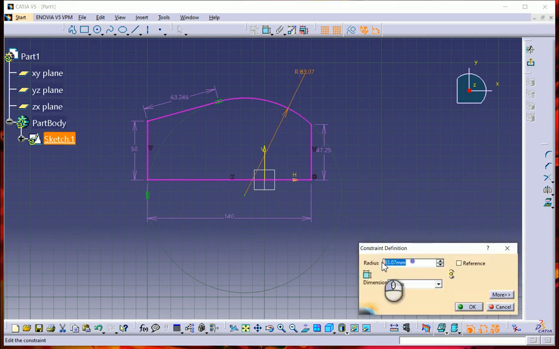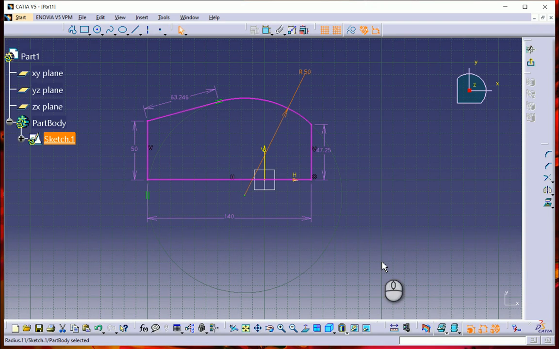Now I can change the radius again. Let's say I make it 50. So that has changed, and the radius is now 50. You see, this is the center point of this. Again, this is just for illustration purposes. I just undo it using Ctrl+Z. Okay, so I've undone it. So the constraints are the logical operations which are performed on the selected elements to define the shape and location with respect to the other elements or the reference geometries which are there.